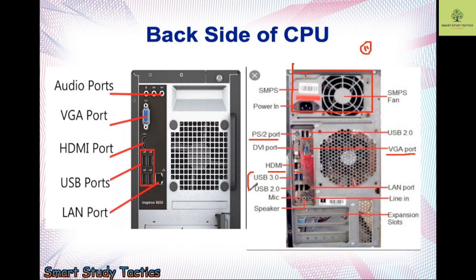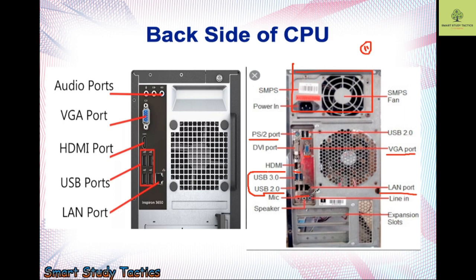USB 3.0 and 2.0. I think when you are going to purchase mobile phones or pen drives, that time it is showing USB 3.0 or 2.0, which means the accessing speed of the USB. So you can clear it here, it will give you more performance. The LAN connector is used when you want to connect your system with the network, so that time this connector will be used for the LAN connection.